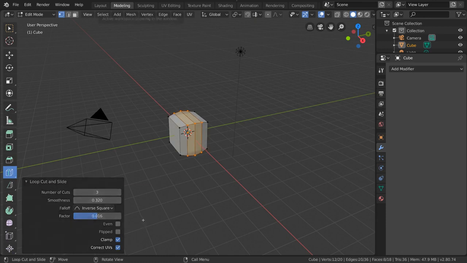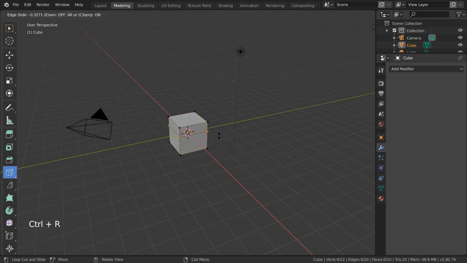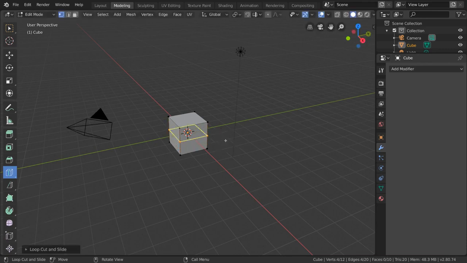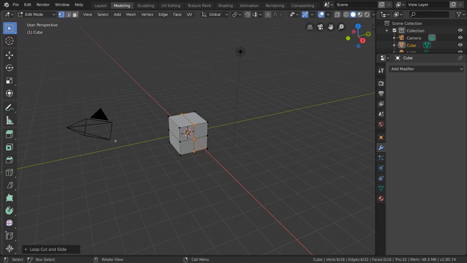For hotkey users, simply press Ctrl R. However, I should mention that if you already have the loop cut tool selected, Ctrl R will simply act as a left-click action, entering the tool into slide mode. So I recommend using the hotkey without the tool selected. Now, there are a few key differences between hotkey users and toolbar users for this particular tool. Assuming you do not have the Loop Cut tool selected and you press Ctrl R, you will also be able